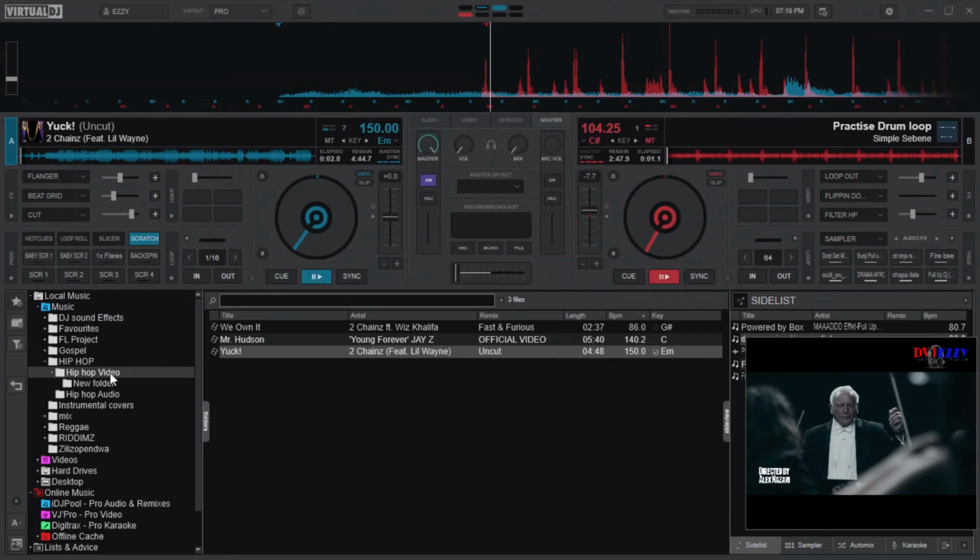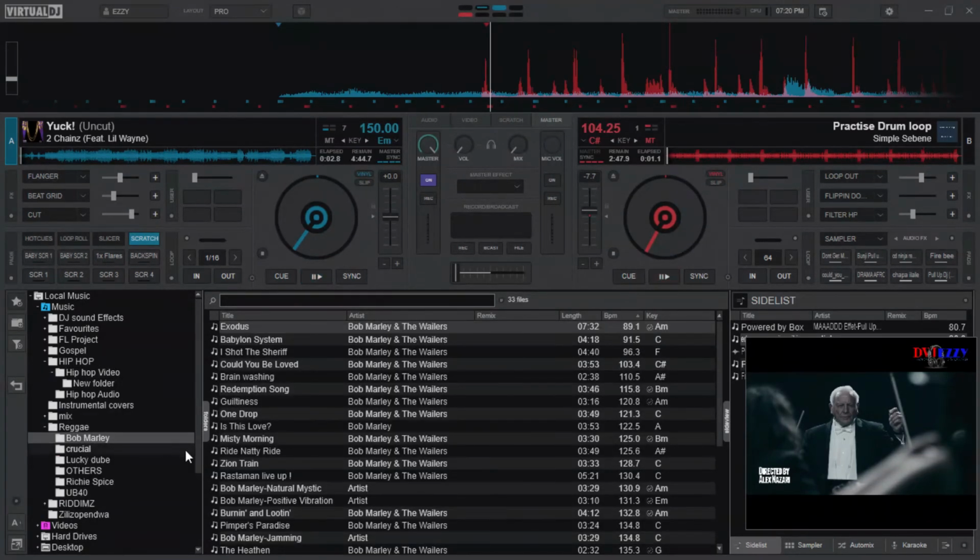So always try to group your songs. I know it will take some time for you. Maybe you have thousands of songs you want to categorize. You can take your time. You just create the folders on one side, and on the other side you open your music folder. You keep on copying the songs to the specific kind of genre. It will depend. I usually like to do it in different ways. Sometimes I'll have an album of specifically one person. On this PC I have literally nothing, because these are very few songs.